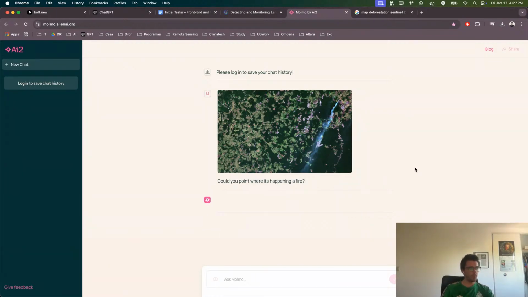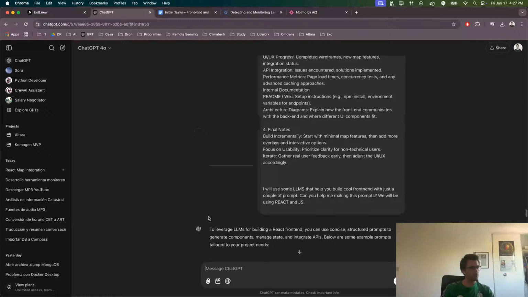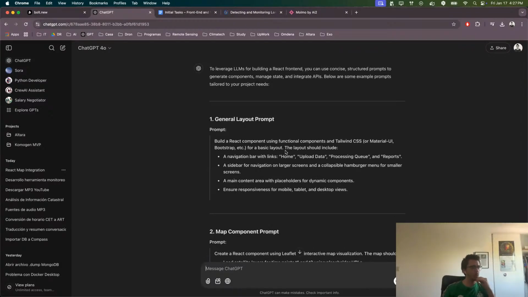This is a VLM, instead of a large language model, a vision language model. Now it's going too slow. I was testing today and it was working really amazingly with a different approach. Let's see. Okay, so let's keep with this. First prompt, build a React component using, yeah, but I don't like this prompt. I want a bigger prompt and more general,